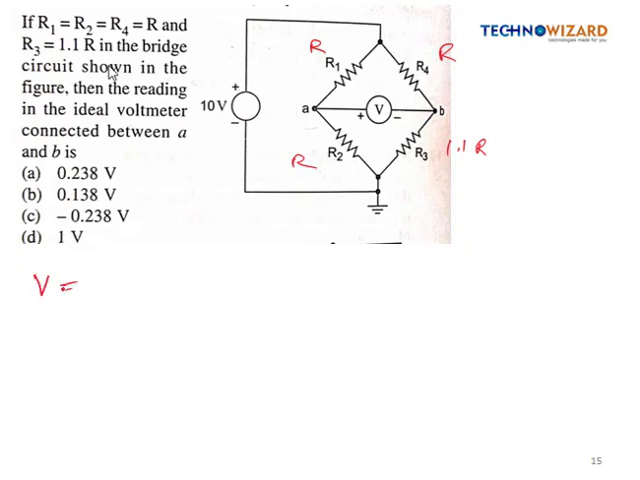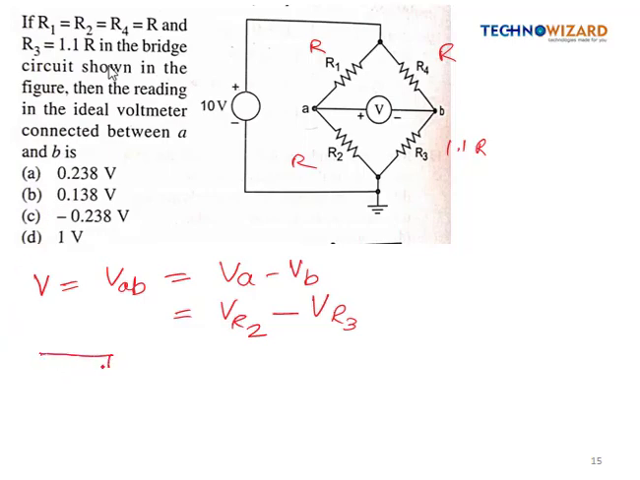So here voltmeter is connected between A and B. It means we have to calculate VA minus VB. So V of A is nothing but the voltage across the resistance R2, because voltage at A is equal to voltage across the resistance R2 with respect to the ground. Similarly voltage at B is nothing but the voltage across the resistance R3. Now simply by the voltage division rule we can find out the value of V of R2 and V of R3. So voltage